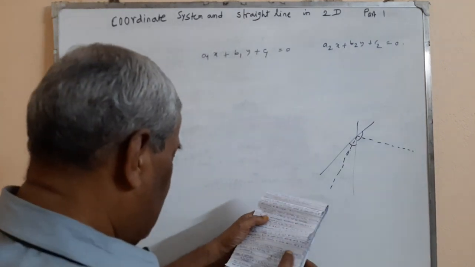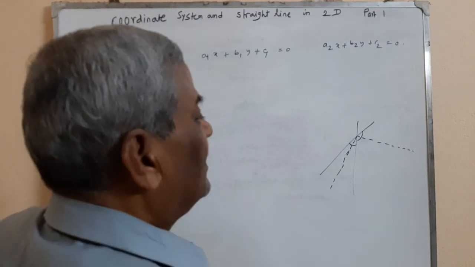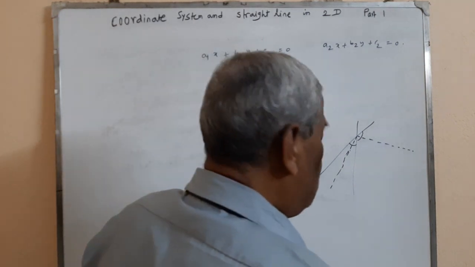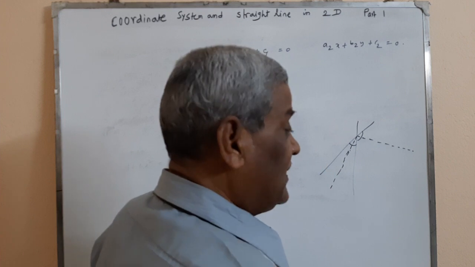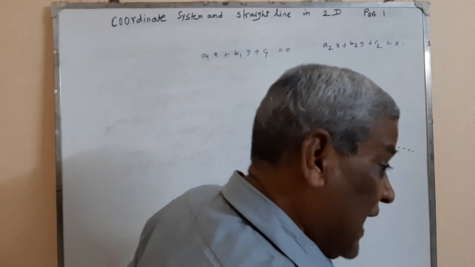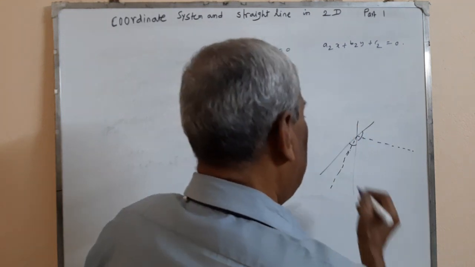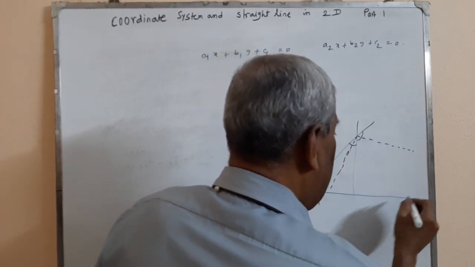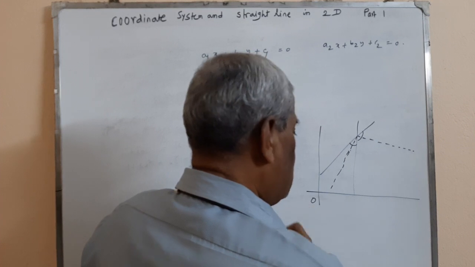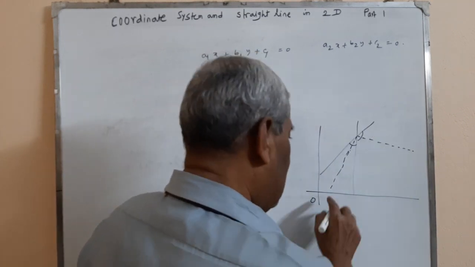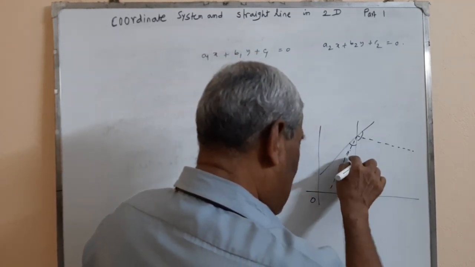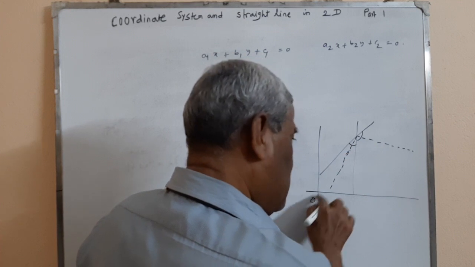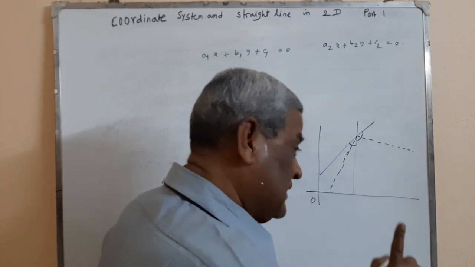And number two is the equation of the bisector of the angle containing the origin. Suppose this is the axis system, O is the origin, this is the x-axis, and this is the y-axis. So this angle contains the origin. The bisector of this angle is equal to, oh sorry, before that, before discussing that, let us take